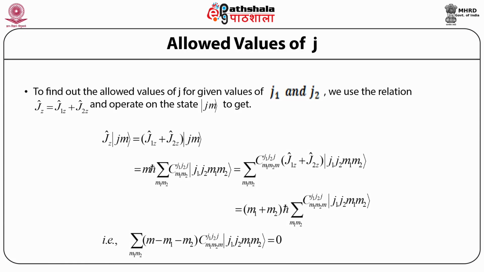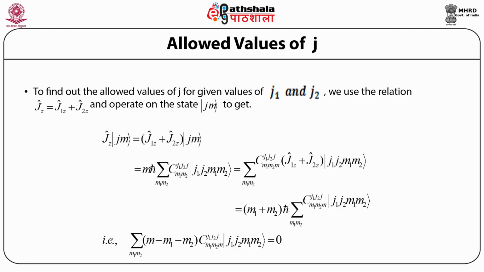To find the allowed values of the total angular momentum J for given values of the total angular momentum J1 associated with particle 1 and the total angular momentum J2 associated with particle 2, we use the relation that the z component of the total angular momentum operator Jz is equal to the sum of the z components of the total angular momentum operators of the first particle J1z and the second particle J2z, and operate these operators on the state |J, M>, and when we do this, what we get is